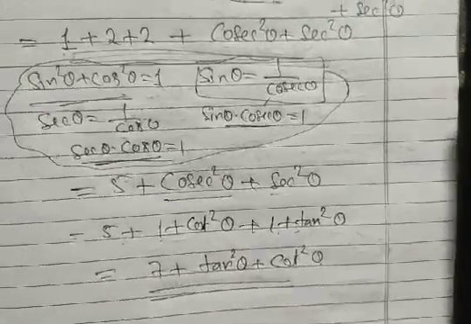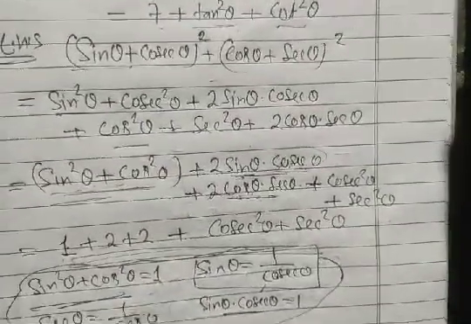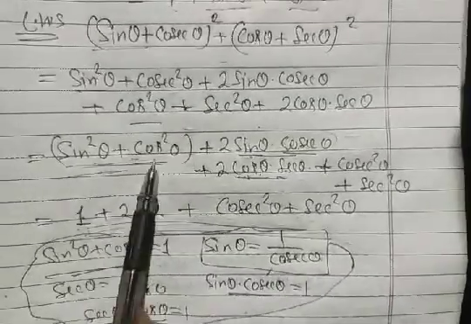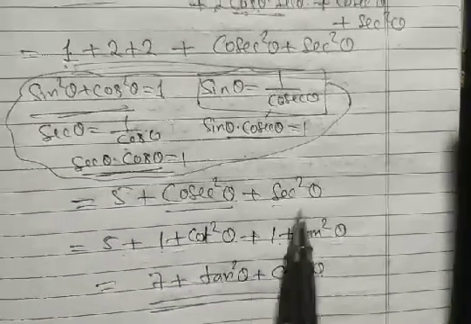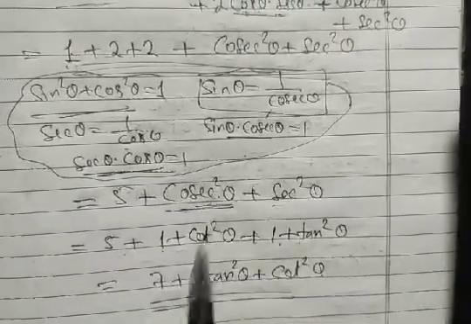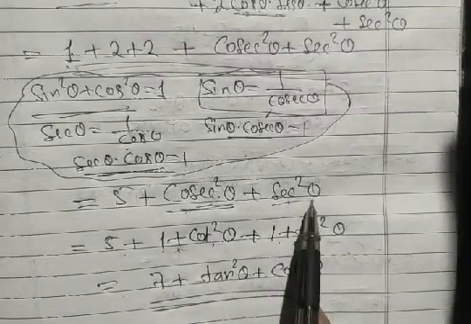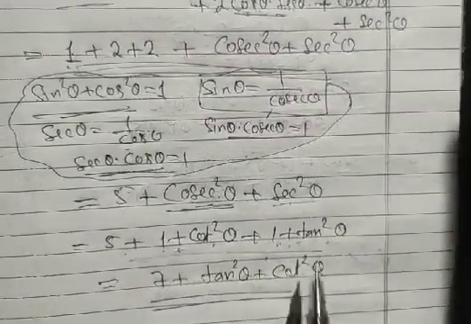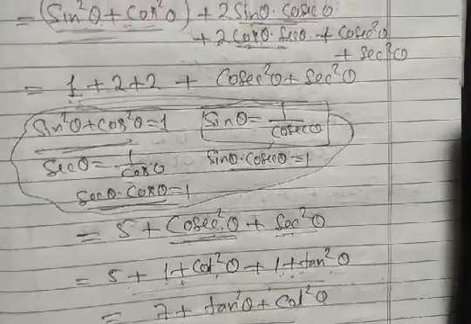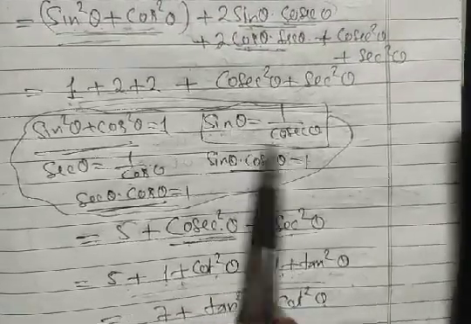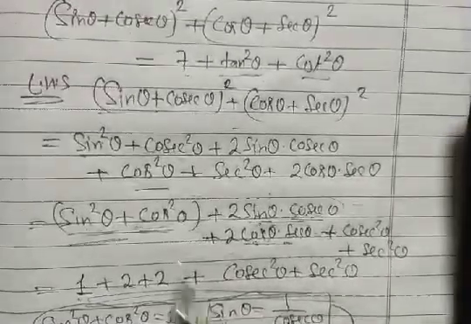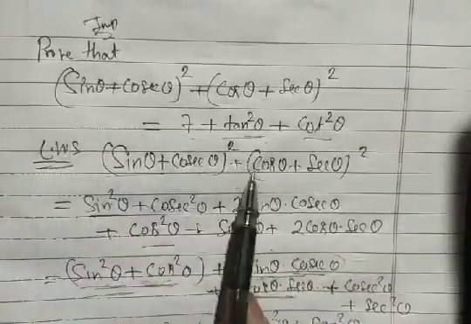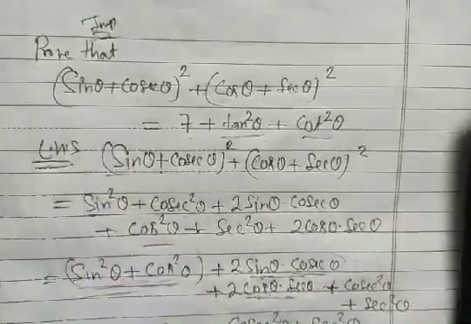Now you can understand why this is an important problem, because in the given problem we use all three identities. Here we use sin square theta plus cos square theta equal to 1. Then we are also using our third identity, cosec square theta equal to 1 plus cot square theta. Also our second identity, sec square theta is 1 plus tan square theta. In a single problem we use our three identities as well as the rules of reciprocals of trigonometric ratios. That's why it's a single problem containing so many concepts of trigonometry. That's why it's one of the important problems.